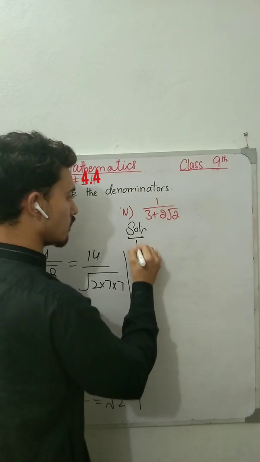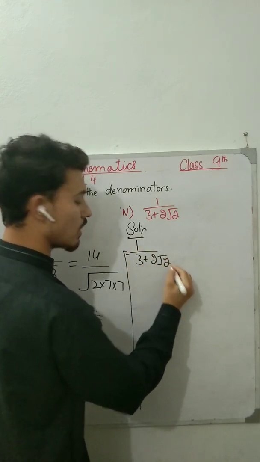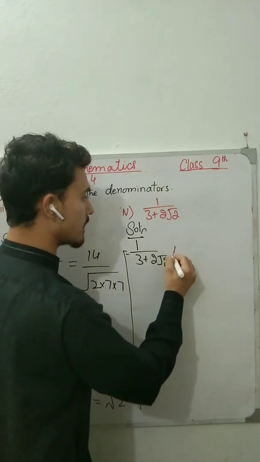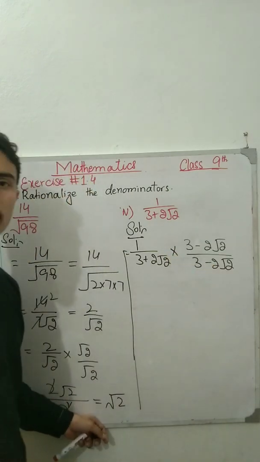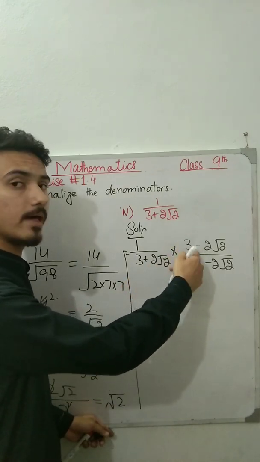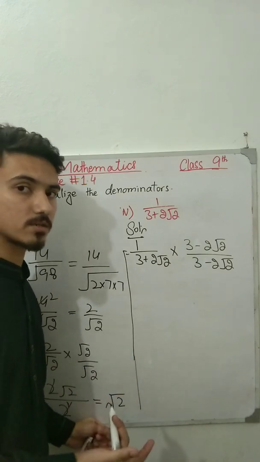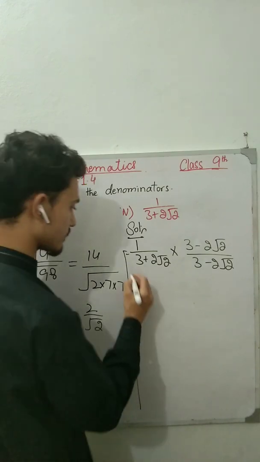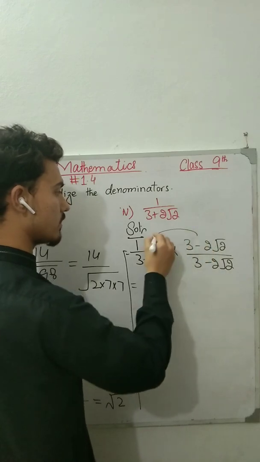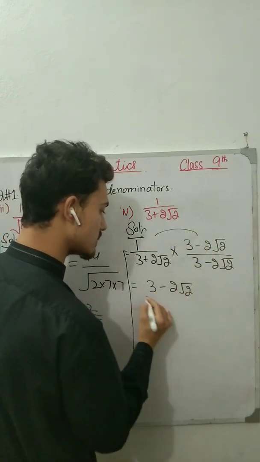Solution: 1 over 3 plus 2 under root 2. I'm going to rationalize it. What we actually do is take the conjugate of the denominator and multiply and divide with the same value. This process is known as rationalization. Clear? Let's solve it. Multiply by 3 minus 2 under root 2 once as it is, divided by